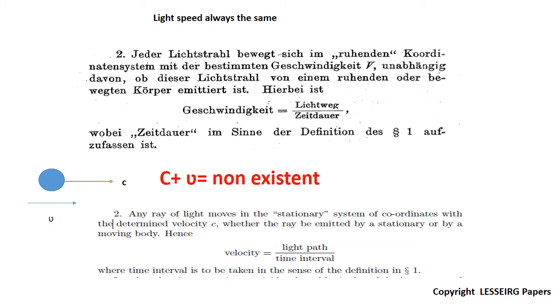So there is no addition of two speeds, such as the emitting speed of the body plus the speed of light. So basically, I've inserted this in red in a kind of formula format: c plus any other velocity is fundamentally non-existent. So then the paper goes on